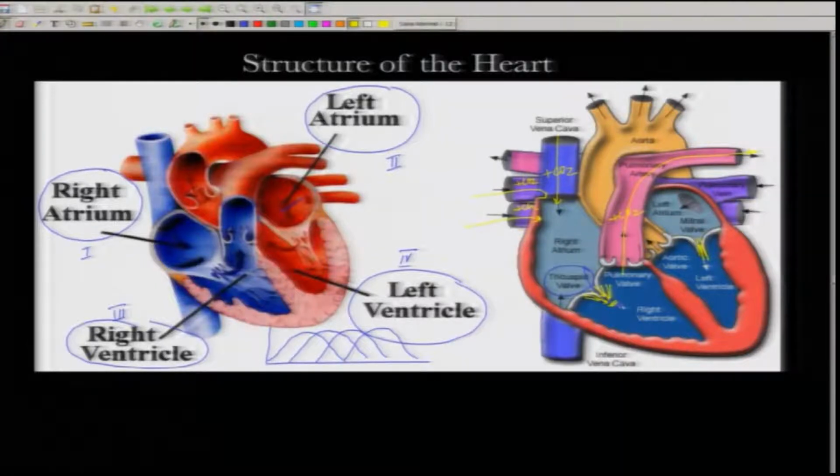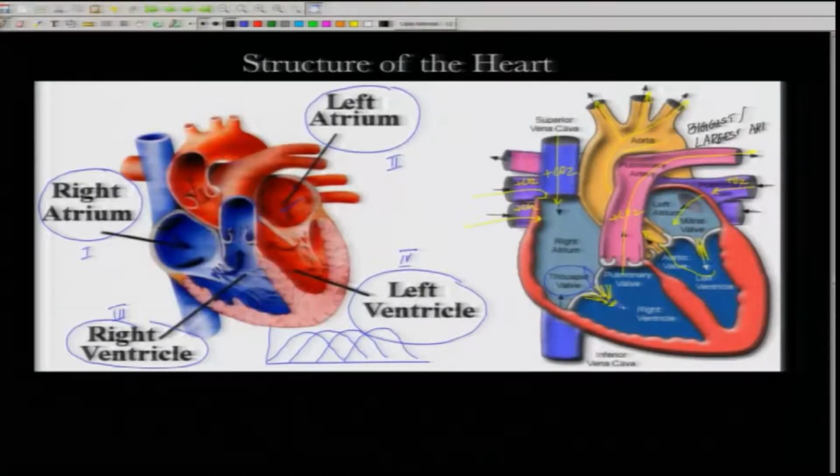to the right atrium. From the right atrium, it moves to the right ventricle. From the right ventricle, through the pulmonary valve and the pulmonary artery, it goes to the lungs, and through the pulmonary vein, the only vein in the body carrying oxygenated blood, it comes to the left atrium, and from the left atrium it moves to the left ventricle, and from there through the aortic valve it is pumped through the aorta to the different parts of the body. And the aorta is, as I told you, the biggest or the largest